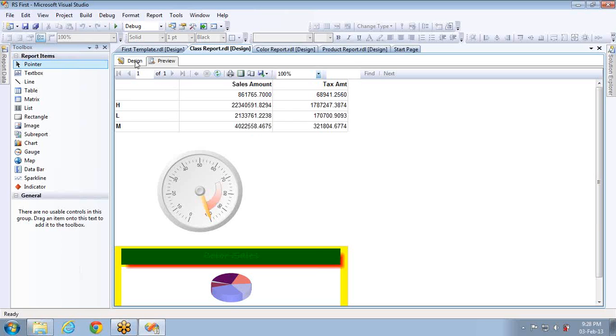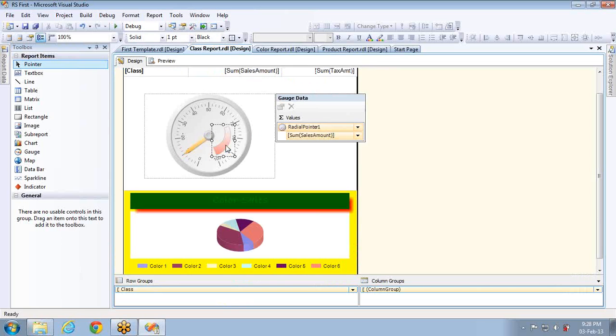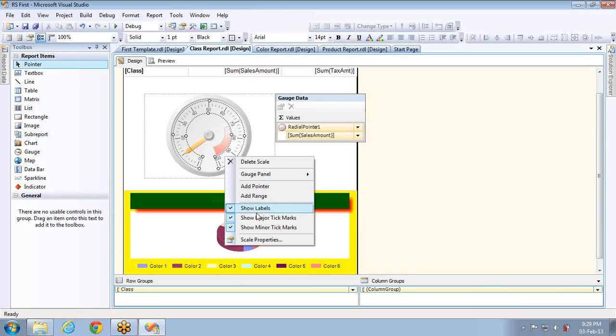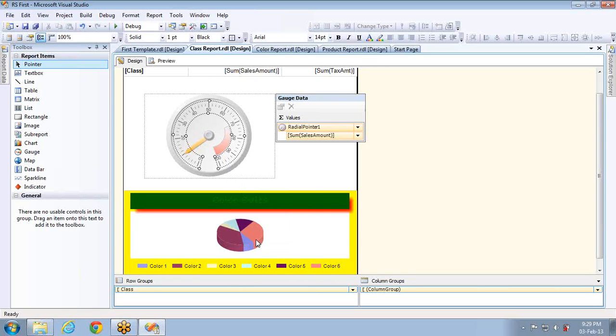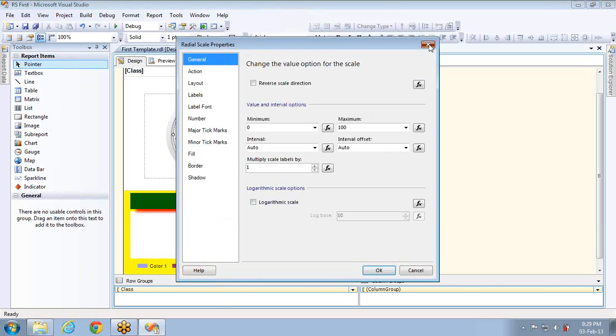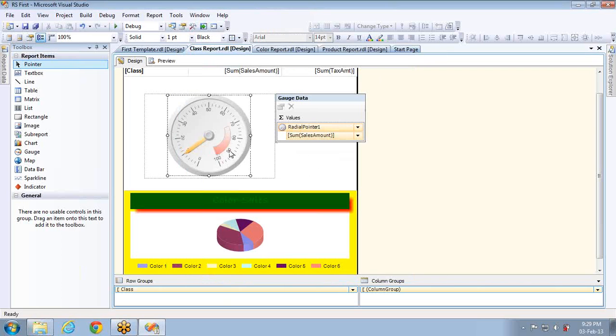Why is it showing 100? Because of the gauge scale. When I click on the scale, you can see this is called a scale. The scale is limited. It is given from 0 to 100. You can see the scale properties. Wherever you click, you will find something. Now if I click here, this is scale. If I click here, this is